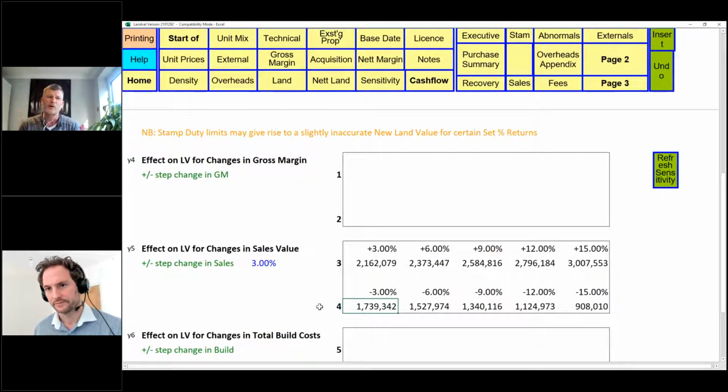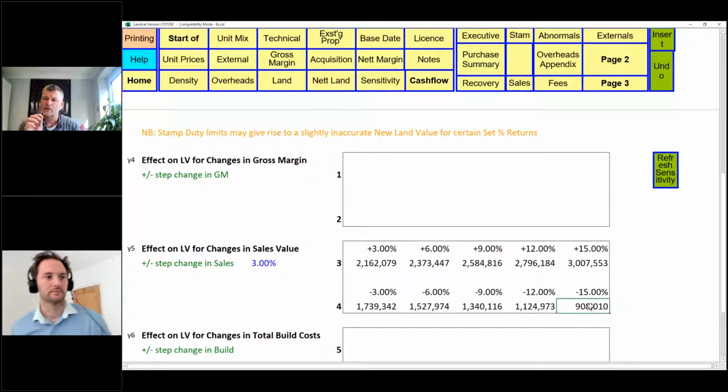Obviously positive, we're all going to be okay, we're going to be making more money, we're all very happy. If the sales values start to dip, or we've been over-optimistic on our values, then you can see that if we've got it wrong, what we should have offered for our land starts dropping away.